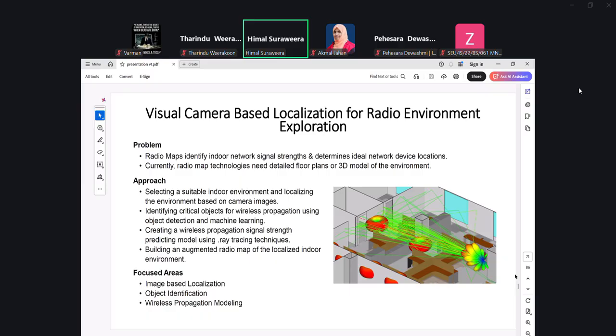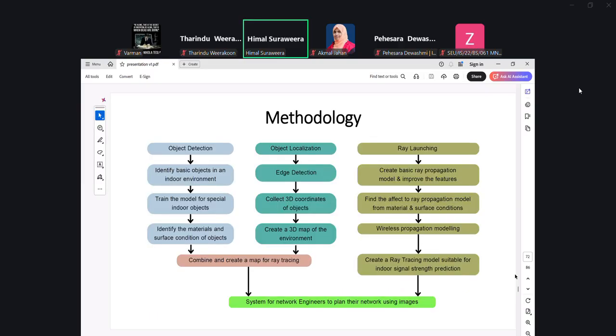Then we can calculate the amount of rays that will penetrate through, let's say, a particular user's receive antenna. Penetrate means the receive antenna has a field of reception. So we capture all the signals that go through that field of reception, and based on that we can calculate the receive signal power. So this is the methodology we use.